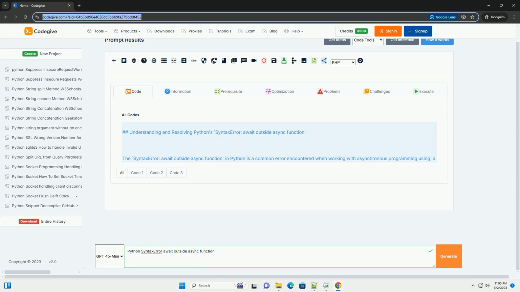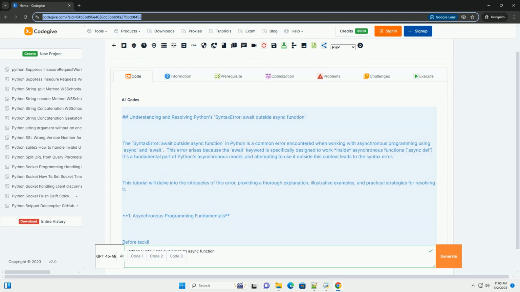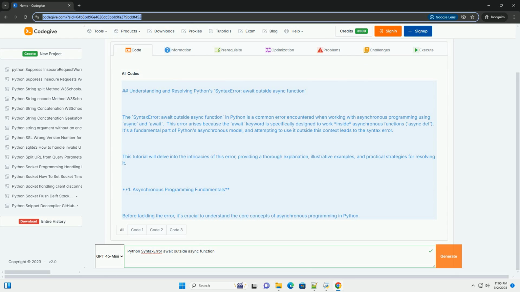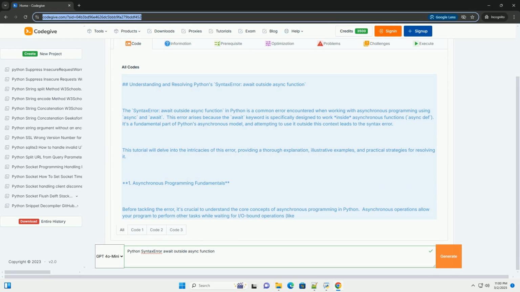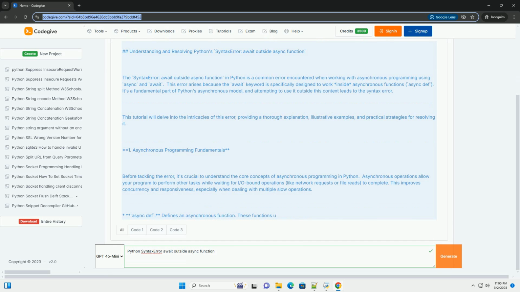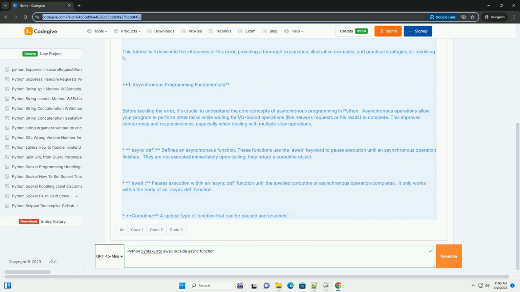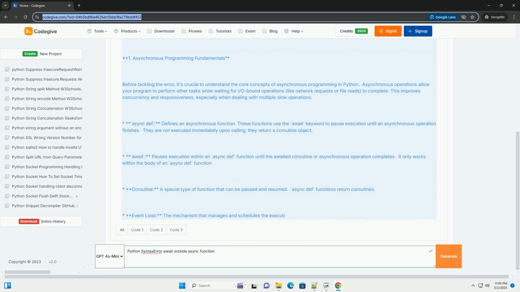Understanding and resolving the Python syntax error: await outside async function. The syntax error "await outside async function" in Python is a common error encountered when working with asynchronous programming using async and await. This error arises because the await keyword is specifically designed to work inside asynchronous functions, async def. It's a fundamental part of Python's asynchronous model, and attempting to use it outside this context leads to the syntax